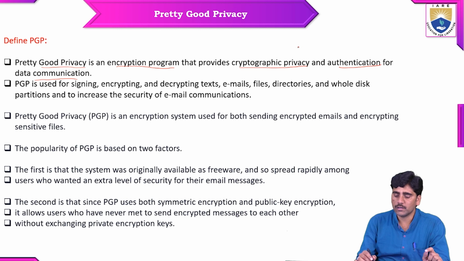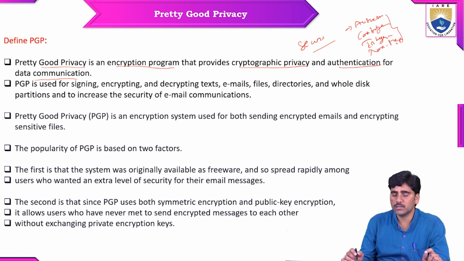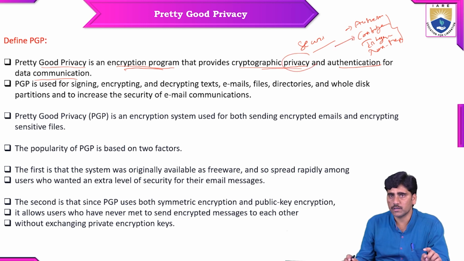We all know that there are different types of security services actually. Among all the services, authentication is one service, confidentiality is one service, integrity is one service, non-repudiation is one service. So these are the different types of security services. Here PGP is an encryption program. Because of that, it provides cryptographic privacy, which is indirectly confidentiality, and authentication